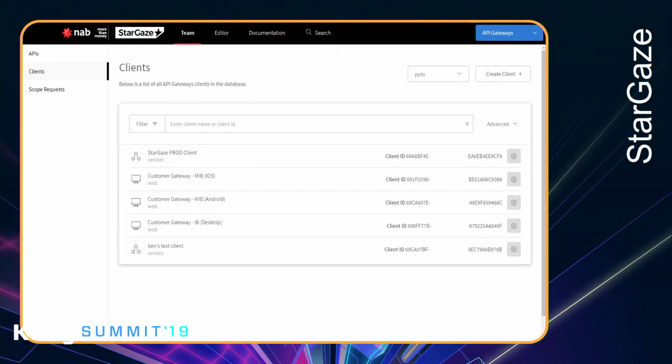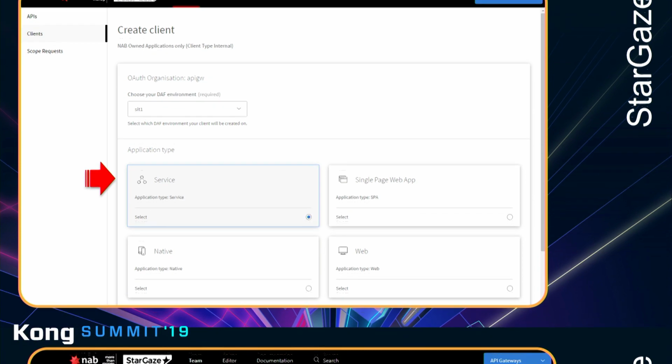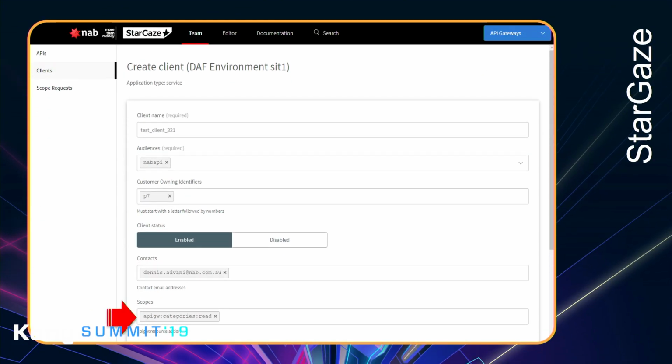So we're back in Stargaze, we're back in the dev portal, and we switch to the clients tab. Down here, you can see a list of all the existing clients that this person has, or this team has, I should say. And you can also switch between environments to see the different clients in different environments. Now, if we click on the Create Client button to the right there, it brings us to this screen, and you can choose your client type. Right now, we support service, single-page app, native, and web. So we'll click Service, and just fill in a few mandatory fields, mainly around the client name and the scopes. And then when you're done with that,